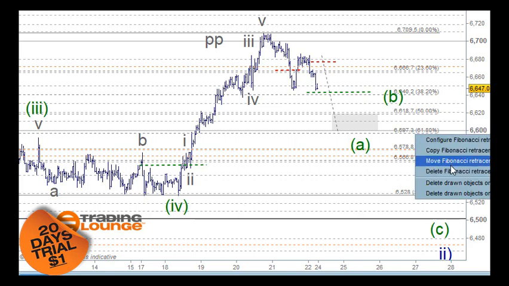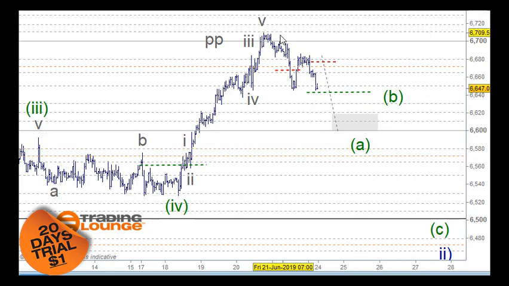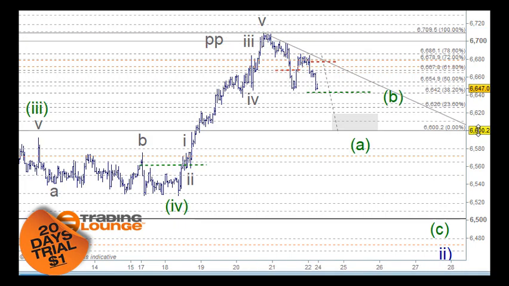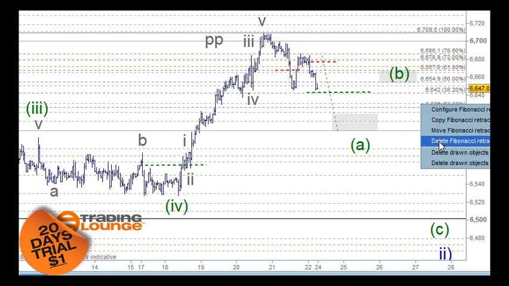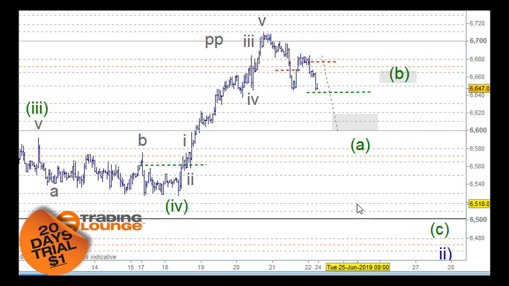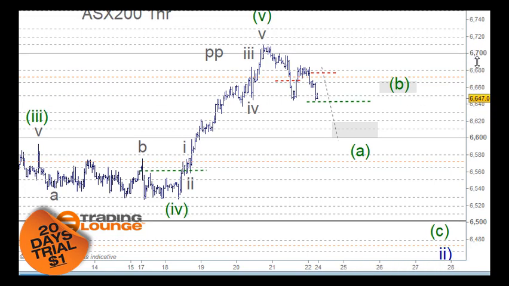And if we were looking for wave B at that particular point, then we can take this top here and look at this here, and then that would bring us a little bit higher, possibly up. This is just a mud map really, so don't get too worked up about it, but it just gives us something to work with at this stage. So it may not be the case all this way up here, but let's just see how this works, and let's just see how the other markets roll out as well with all of this.